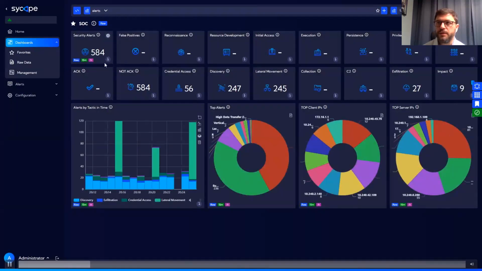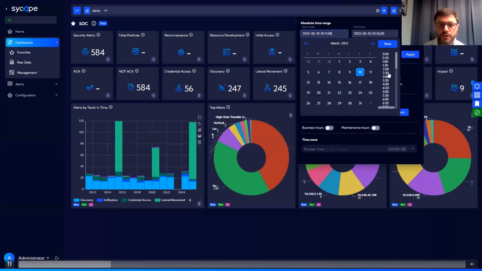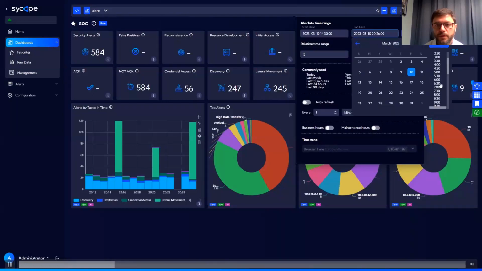In the last 15 minutes, the system detected almost 600 alerts, suspicious communication in the network. I can see what was the phase of the attack for every single alert. I can see what was the top client, top server in this suspicious communication. But I would like to analyze a very specific time frame because I received the information that in that time there was some